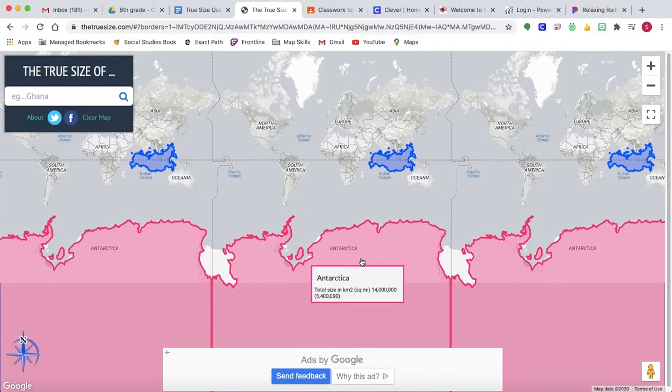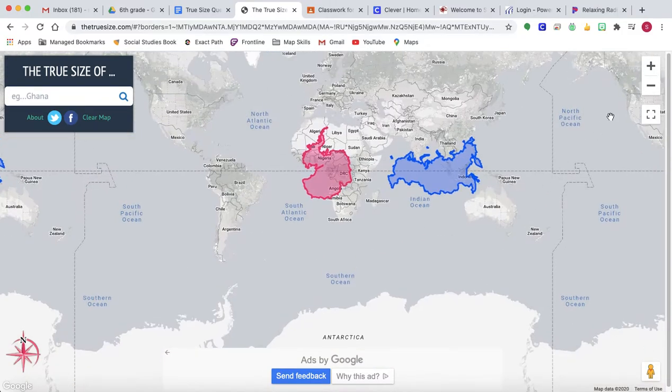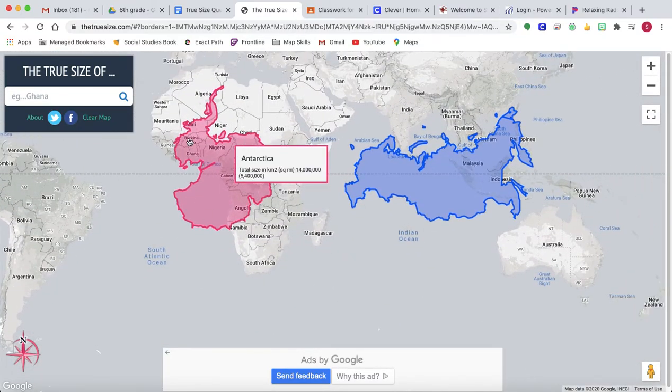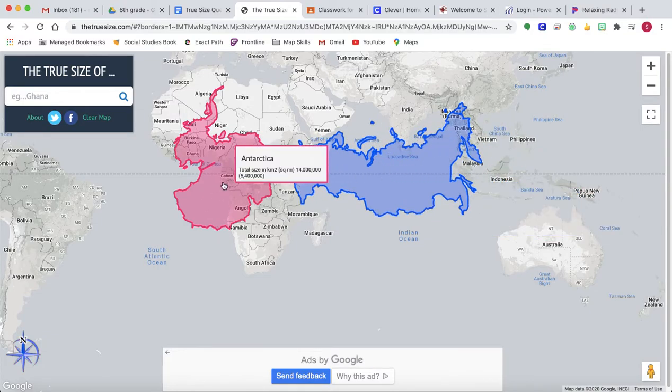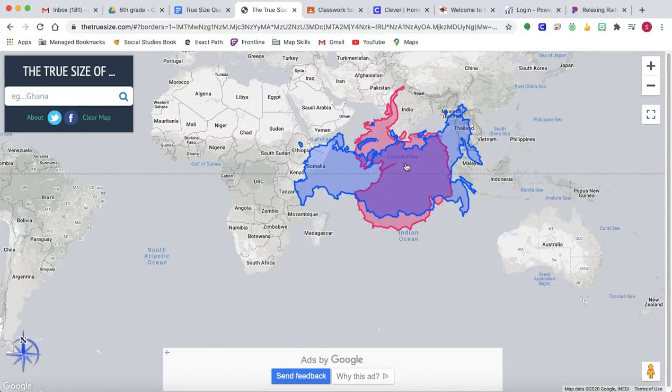Now I want to do the same thing with Antarctica, and I can move it. And the closer I get it to the equator, the closer to the actual size that country is. So when I zoom in, you can see here's Antarctica. If you look at a globe, you know that's the shape of Antarctica, and here's Russia. And I want to look at which one's actually larger. I'm not sure. I think we can pick Antarctica. I think if I do,